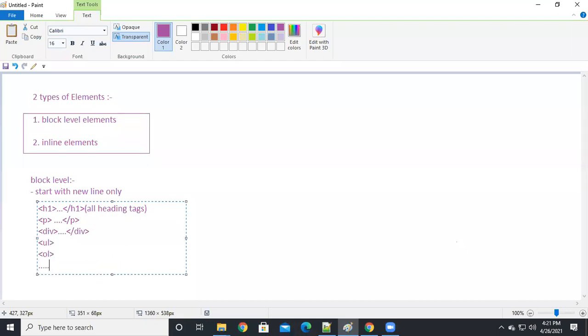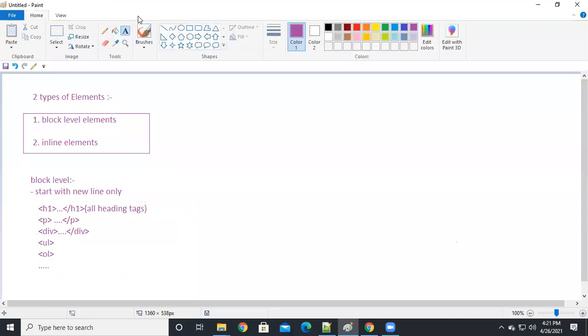There are so many, guys. These all are block elements. These all are going to display one by one like this. Every time it's going to take a new line, so no need to use any break element, guys. Automatically it will take a new line. This is the block level, guys.